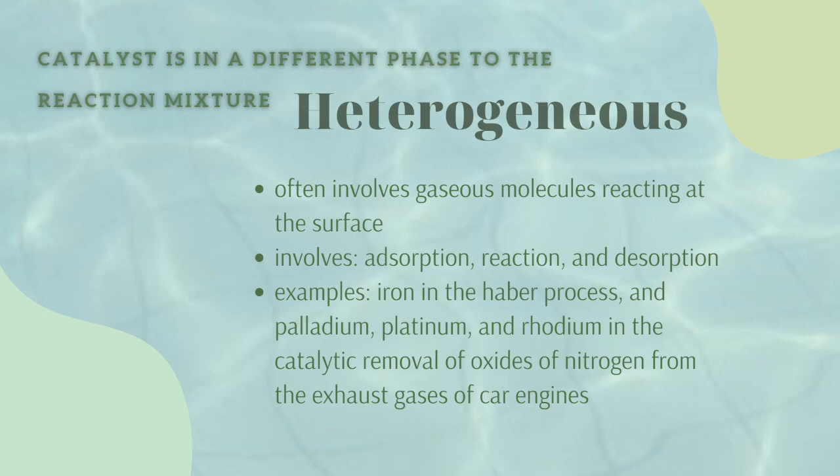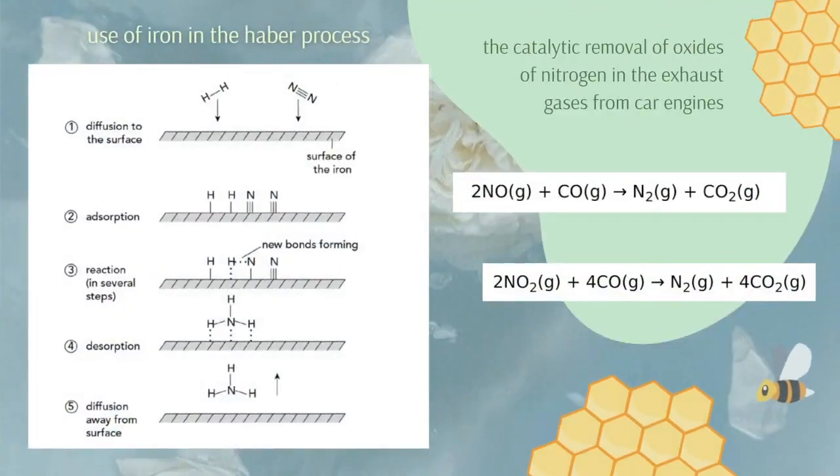We will also look into a few examples which include iron as a catalyst in the Haber process, and also palladium, platinum, and rhodium found in the catalytic converters of cars. Let's first take a look at how iron acts as a heterogeneous catalyst in the Haber process. Iron is a solid in this process, while the reactants, nitrogen and hydrogen, are gases. Therefore, it is evident that the catalyst is in a different phase from the reactants, thus making it a heterogeneous